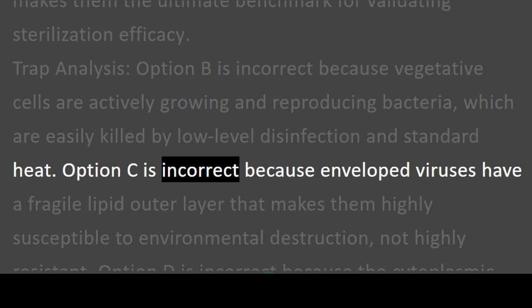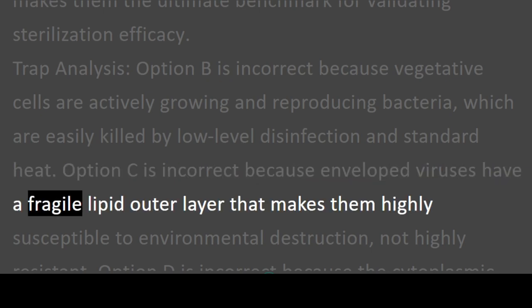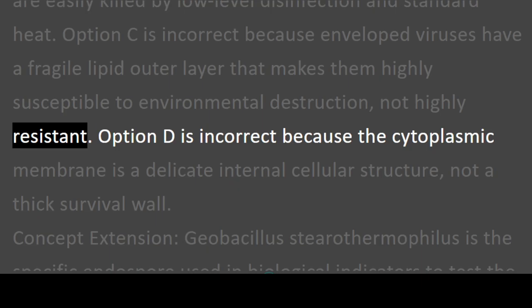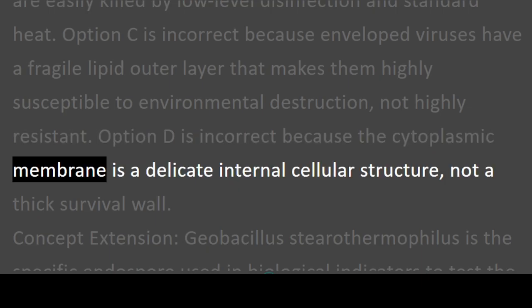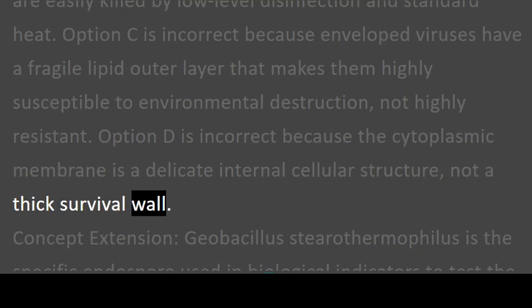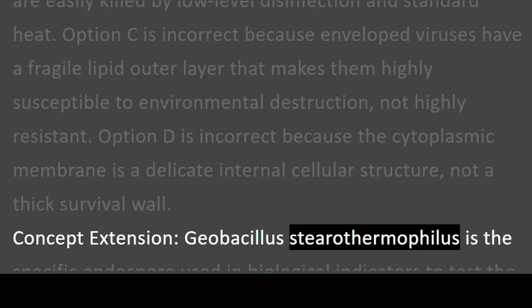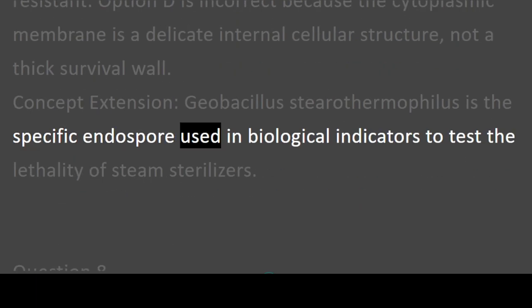Option C is incorrect because enveloped viruses have a fragile lipid outer layer that makes them highly susceptible to environmental destruction, not highly resistant. Option D is incorrect because the cytoplasmic membrane is a delicate internal cellular structure, not a thick survival wall. Concept extension: Geobacillus stearothermophilus is the specific endospore used in biological indicators to test the lethality of